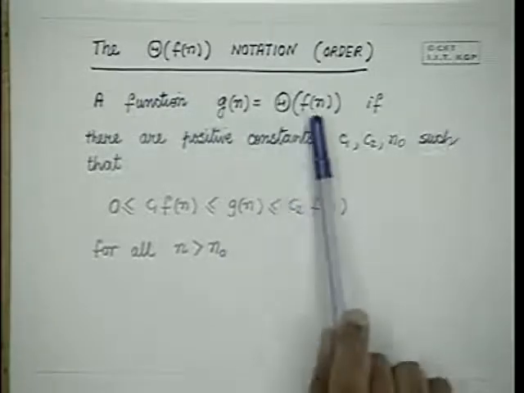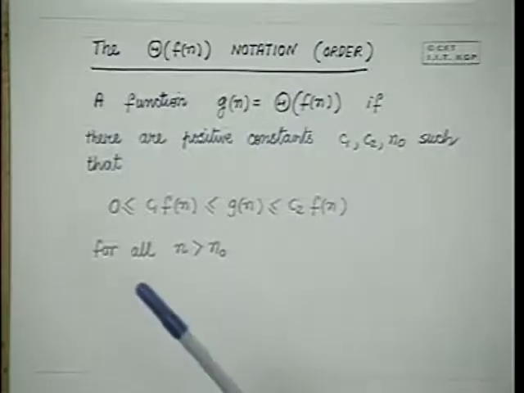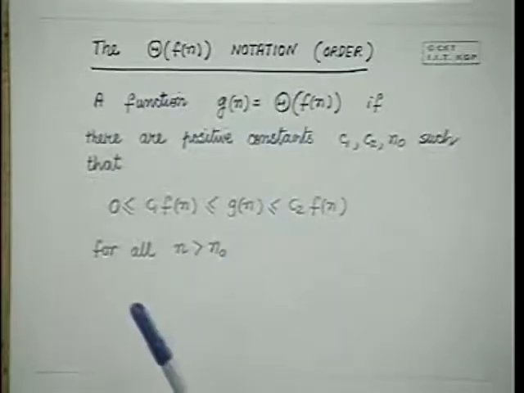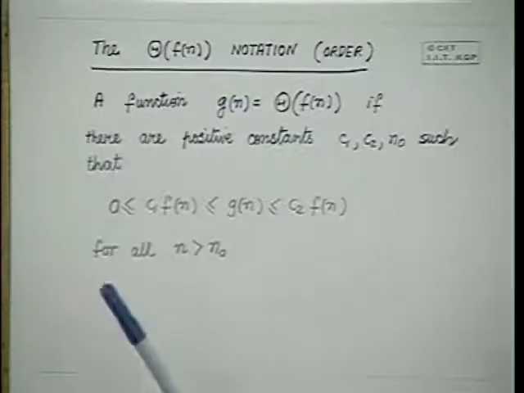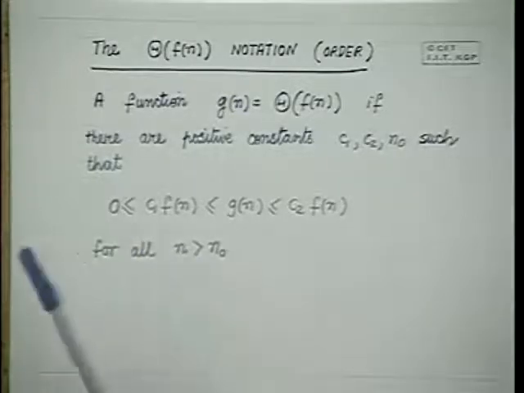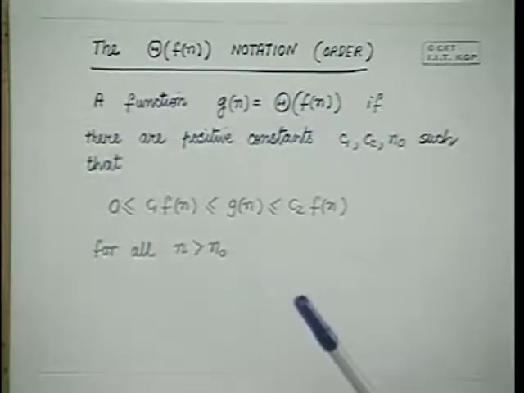Once you can get an order notation, you have characterized the growth of that algorithm. You say an algorithm is order n square, then you know that this is exactly what it is going to take. When you say it is upper bounded by n square, it may take log n time also. When you say it is lower bounded by log n, it can take exponential time also. But when you say that it is of order n square, then you have accurately characterized it both on the basis of its lower and upper bounds.